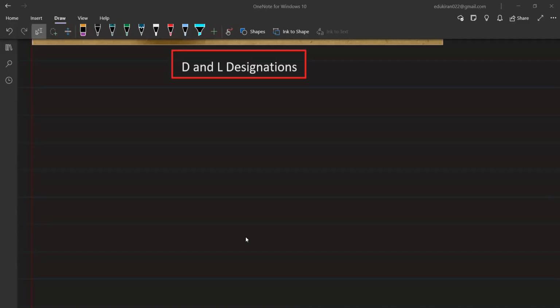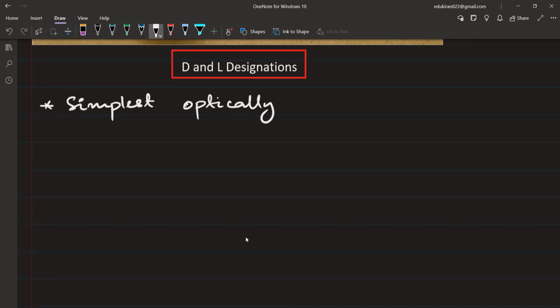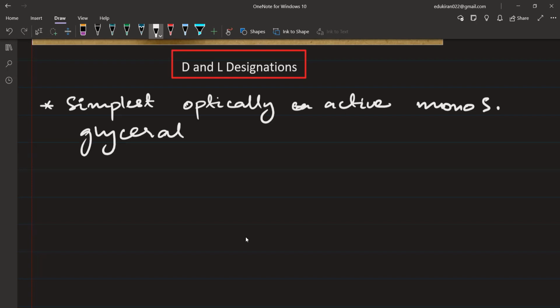Now you have to first of all see a structure that is known as the simplest optically active monosaccharide. ठीक है ना? इसको ध्यान रखिए। इसी के बेसिस में DL डेजिग्नेशन है। ये कॉन्फ़िगरेशन नहीं है, ये आपको बस असाइन किया गया है, इसका कोई ऑप्टिकल एक्टिविटी से रिलेशनशिप नहीं है। सबसे पहले इसको याद रखिएगा, कैपिटल D एंड कैपिटल L। प्लीज राइट हियर: simplest optically active monosaccharide। मोनोसैकेराइड क्या है ये? ग्लिसरल्डिहाइड। प्लीज राइट ग्लिसरल्डिहाइड।